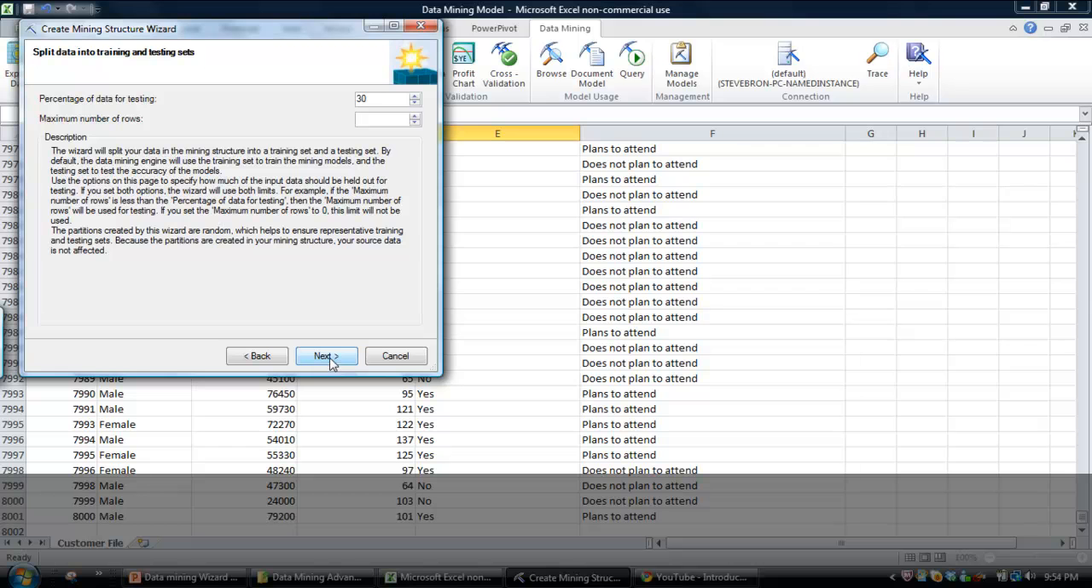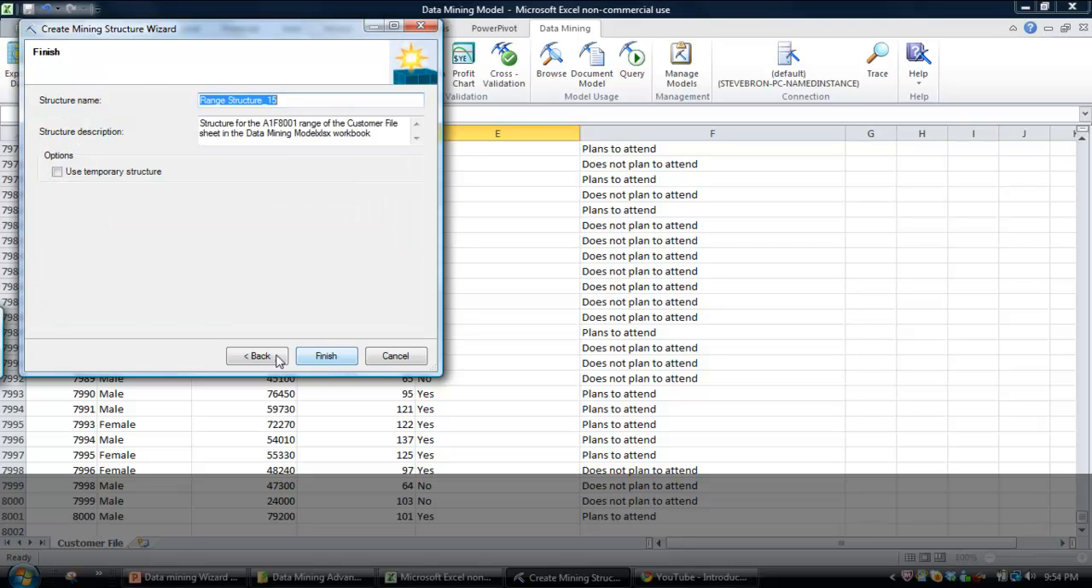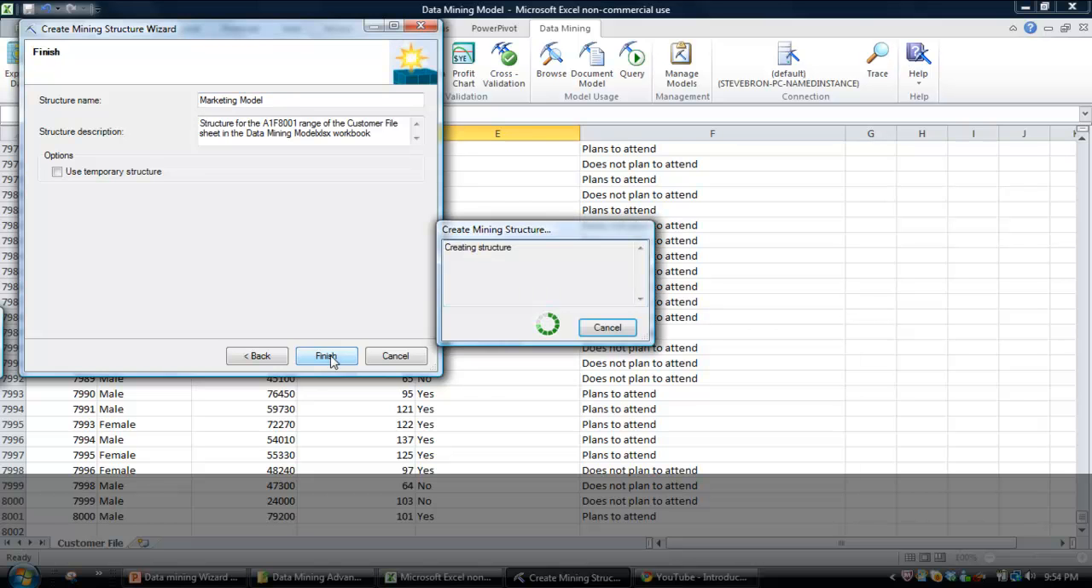Then we'll just click Next. We'll give the structure a name. We'll call it marketing model. You could include a description there, but no need. Click Finish. Now it's connecting up to analysis services, creating the model, creating the data mining structure, and